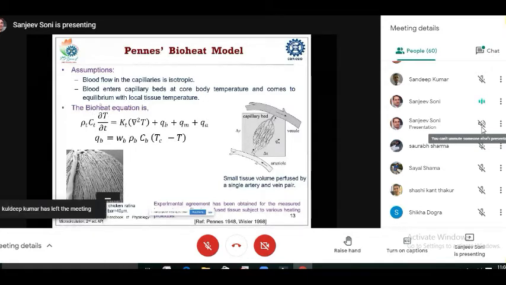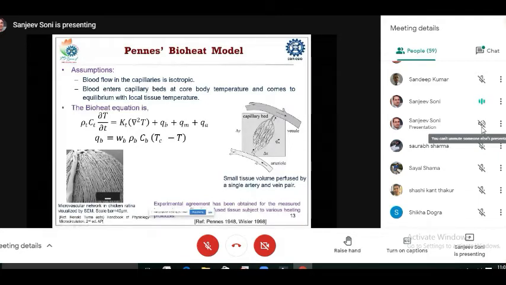So this is the famous Pennes bioheat equation, which basically tells us about the temperature as a function of time, and this is the temperature within the tissue, the spatial form of temperature, based on certain heat inputs, which can be external, or the heat taken by the blood, or metabolic heat, or the external heat.